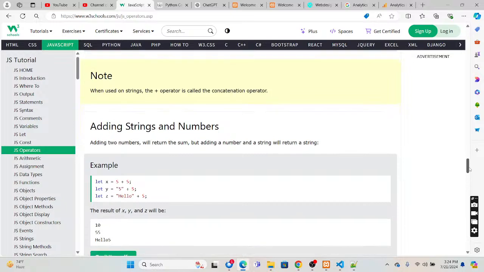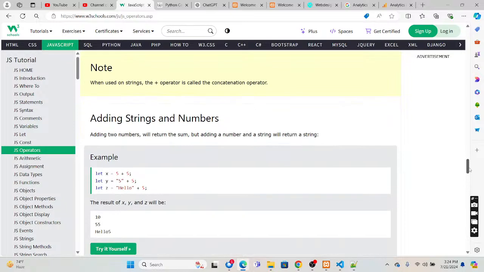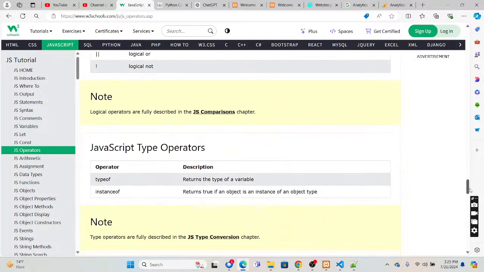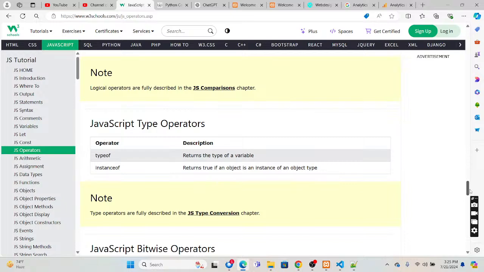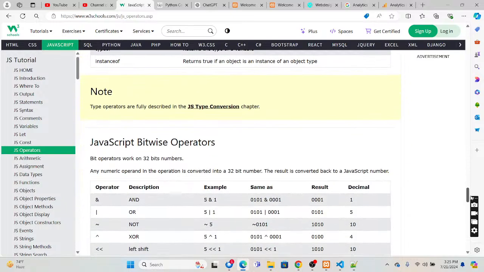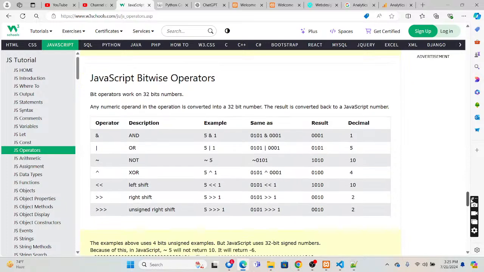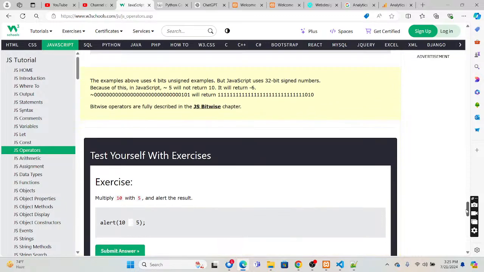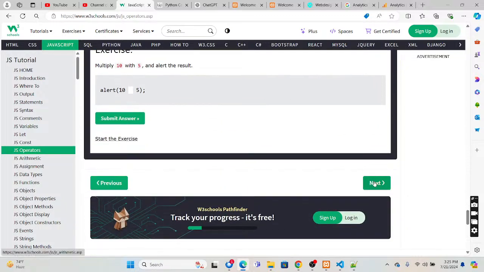Adding strings and numbers will convert the result into a string. Logical operators are and, or, not. Typeof returns the type of a variable, and instanceof verifies whether something is an instance of a particular object. Bitwise operators we rarely use, but there are and, or, not, exclusive or, left shift, right shift, and unsigned right shift. So these are the operators.